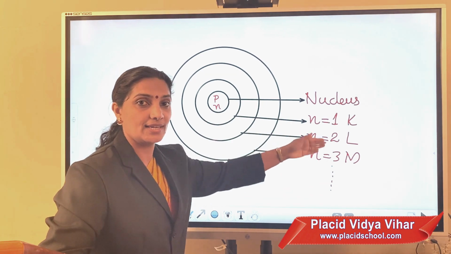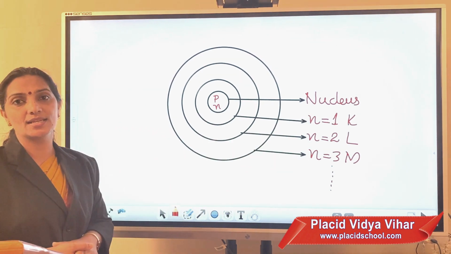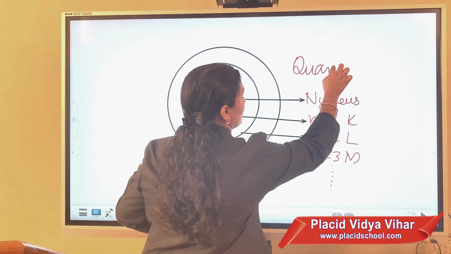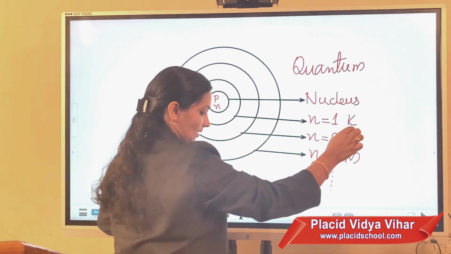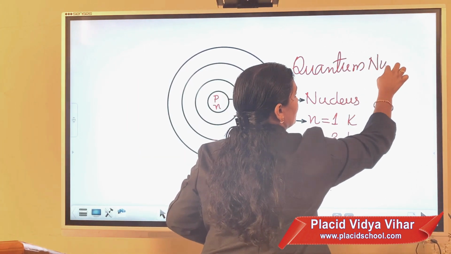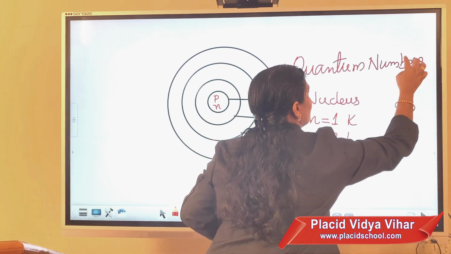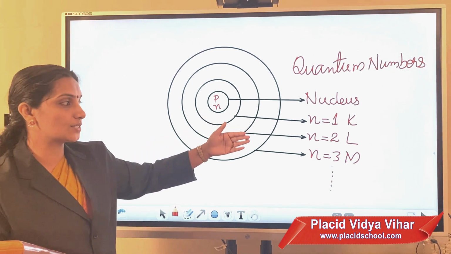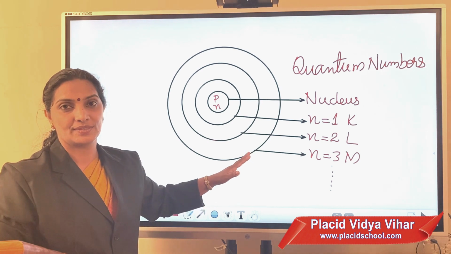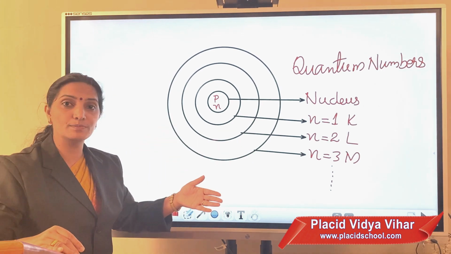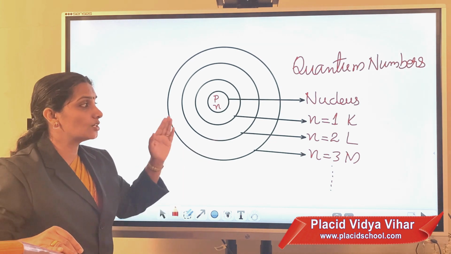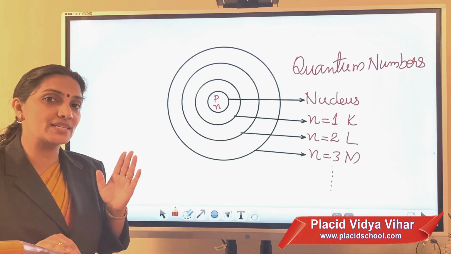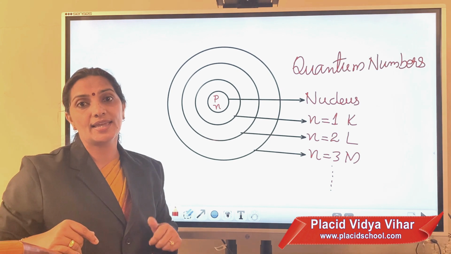These integers are generally known as quantum numbers. They are called quantum numbers. Quantum numbers are the representation of shells 1, 2, 3, 4, etc. And I told you in the second point of Bohr's postulate, it is said that each of these orbits have their own energy. As a result, the electrons present in these orbits also have their energy.